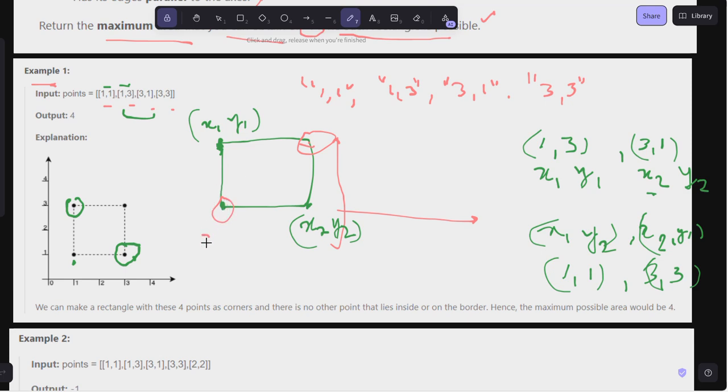Okay, this is my row, which is nothing but my x1, and my column is going to be y2. So x1 and y2 as my column. Row is going to be x1, and my column is going to be y2. And if I want to consider this point,